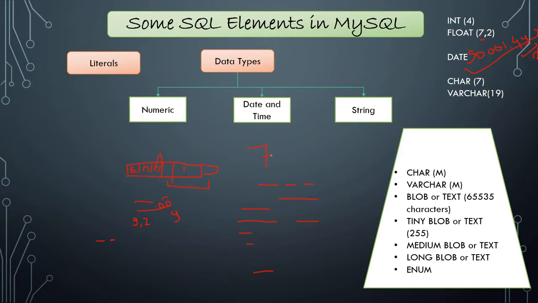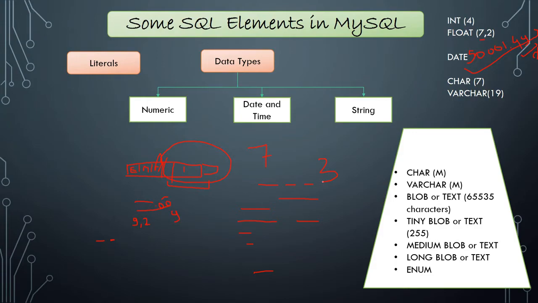Whereas in variable character, if I am giving 7 or 19, and if my name is of 3 digits only, then it will free up this memory. Okay, its final memory used by varchar is 3, not similar to char. So this is the major difference between char and varchar. When we need a fixed amount of memory, we use char, and if we need a variable amount of memory, we want to free our space, we use varchar.